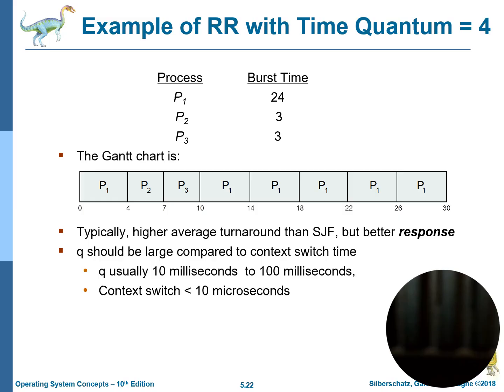So there is an example of round robin. We are given process 1, process 2, process 3, and they have 24, 3, 3, and our time quantum is 4, which means process 1 is preempted at 4. Then process 2 gets in, which has 3 seconds, and it's executed to the end. Process 3 gets in, it has 3 seconds, and it's executed to the end. Then process 1 comes back, and it's going to take all the remaining time quantums. Why? Because there is no other process existing within the queue. So this is what we mean by round robin.